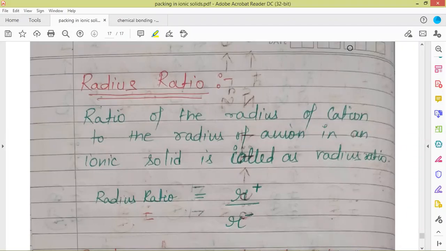So far we have discussed the structures of ionic solids. We have discussed NaCl, zinc sulfide, and cesium chloride, AB type, AB2 type, A2B type. A2B type was sodium oxide, AB2 type was calcium chloride. So we discussed all the structures. Some were having an FCC lattice occupied by anions, and just one, calcium chloride, was having an FCC lattice occupied by cations.